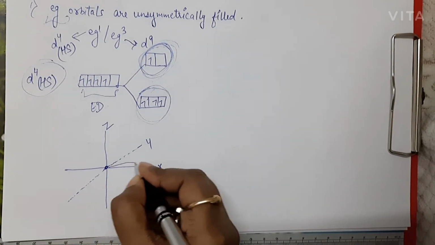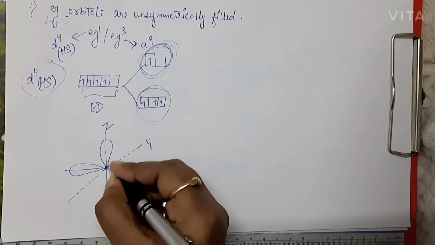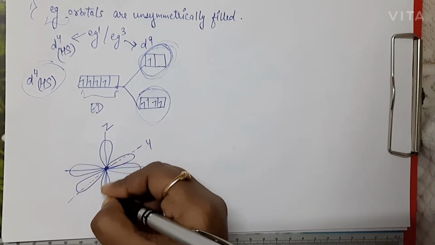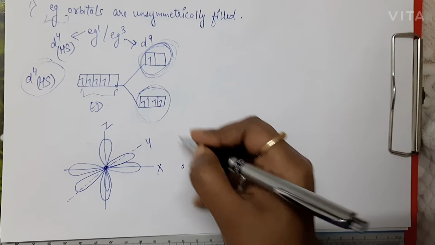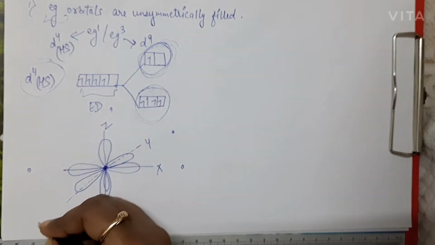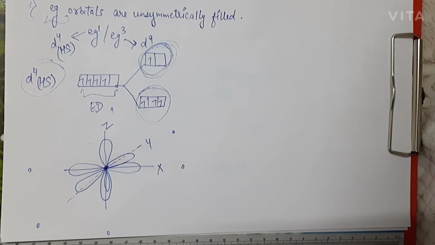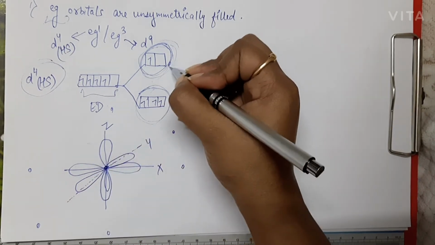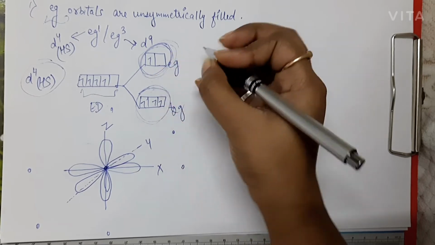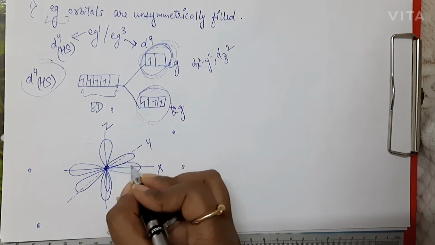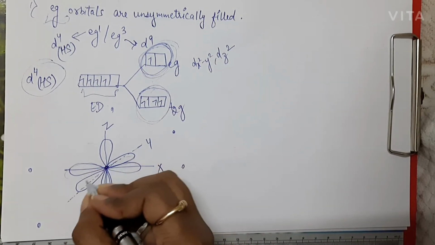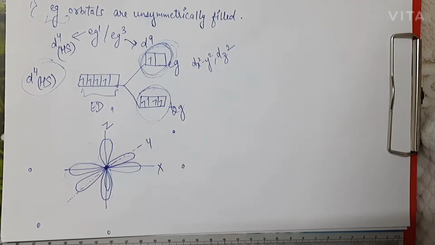So now orbitals are present in all of these axes, right? Orbitals are present in all these 3 axes. So what happens here? Actually, ligands are approaching from all these axes in octahedral complexes, right? They are coming from all these directions. Now what is happening? See, the set of eg orbitals which we are having contains the orbitals dx square minus y square and dz square. So suppose this is the dx square minus y square orbital, and this is dz square, okay?